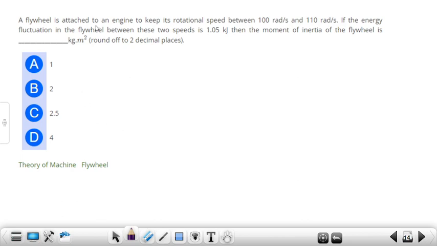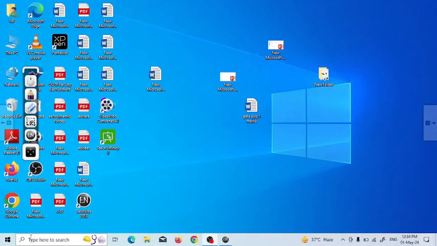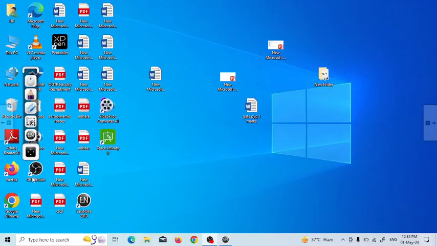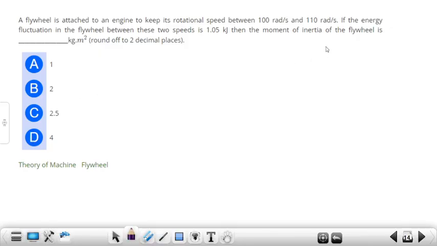A flywheel is attached to an engine to keep its rotational speed between 100 radian per second to 110 radian per second. If the energy fluctuation in the flywheel is 1.05 kilojoules, then the moment of inertia of the flywheel is to be. So the maximum change in energy,